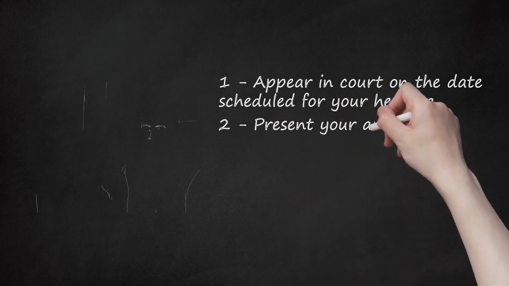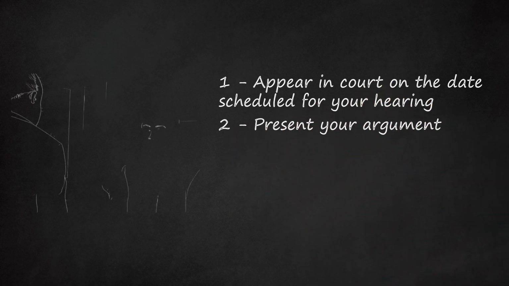2. Present your argument. Since you filed the motion, you will present your argument first. If you are representing yourself, you may want to outline your argument so you stick to the facts and don't get off track. Speak to the judge rather than directly to the other parent, and stick to the facts of the case. Try to avoid being emotional and keep your anger in check; it will not help you.